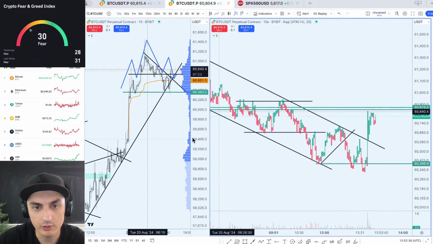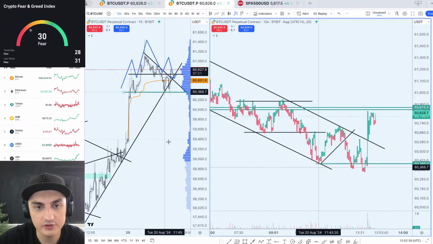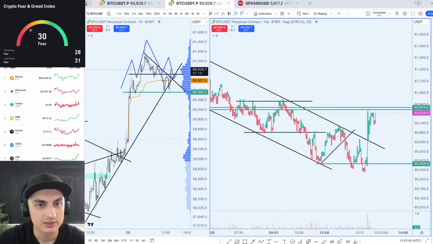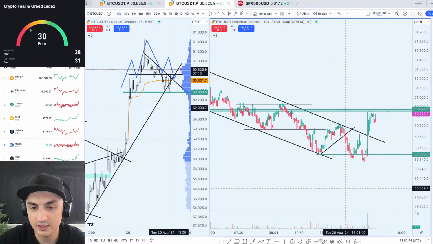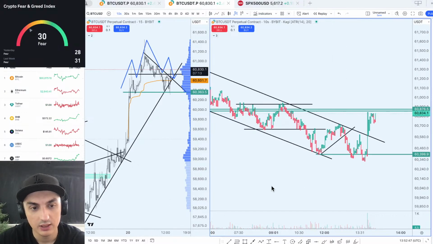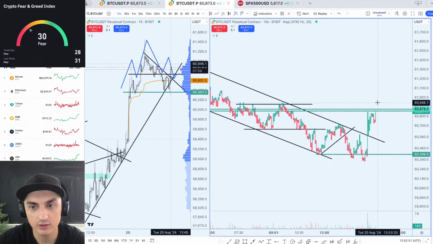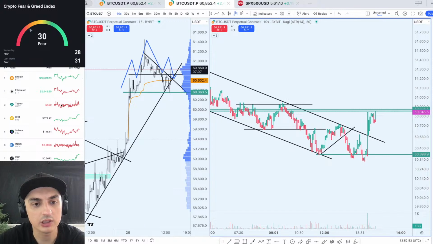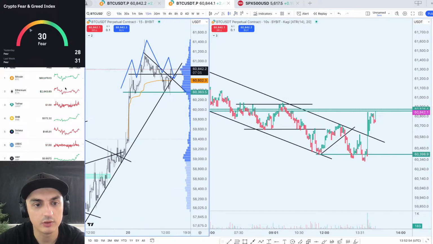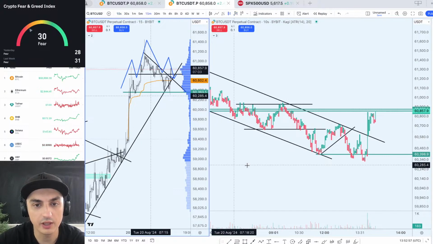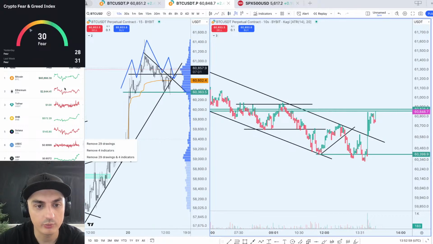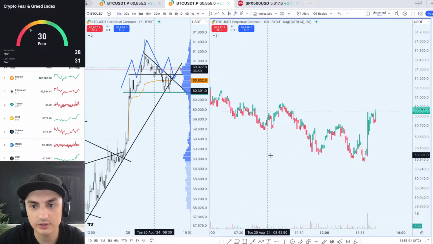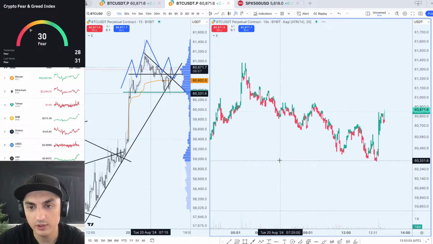I got something going on with TradingView today. It's just somehow lagging all over the place. I don't really know what's happening. I need to try to reset maybe some charts that are potentially causing some trouble over here. I don't have too many indicators or whatsoever. Got a lot of drawings over here, but